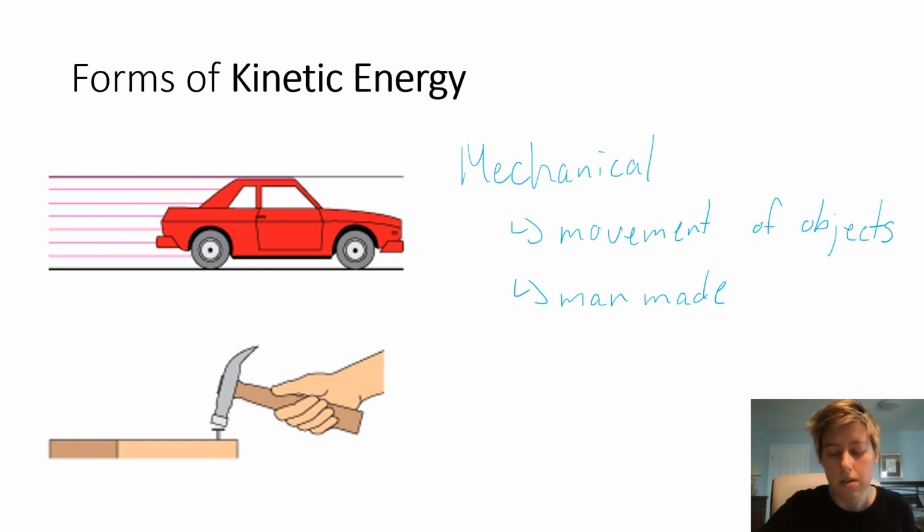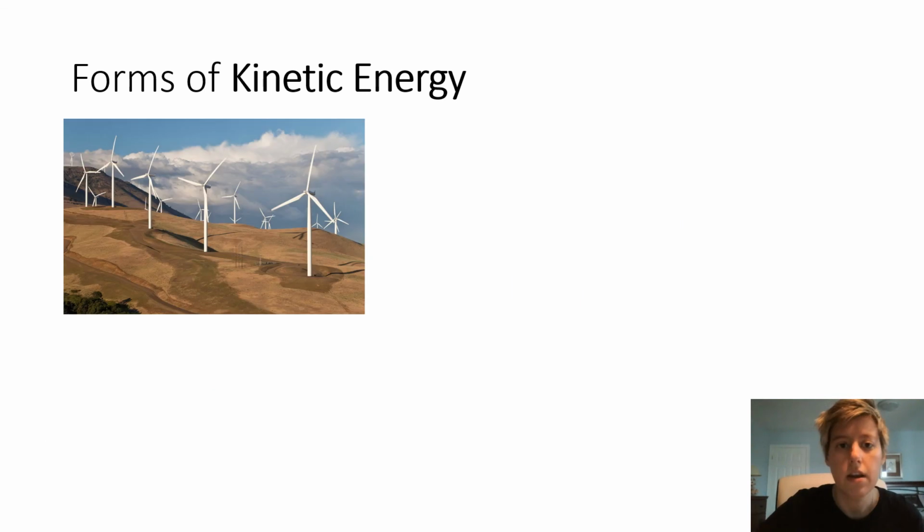So examples of objects that are moving, a windmill. The actual windmill would be mechanical motion, and what's causing the windmill to move would be wind energy. If I'm looking at a hydroelectric dam, when I have water going through my penstock, which is causing my turbine to turn, well, the actual movement of my turbine would be mechanical energy, and the initial form of energy before that would have been hydraulic energy, which is the last two things that we're actually going to be talking about. So again, here I have wind energy,